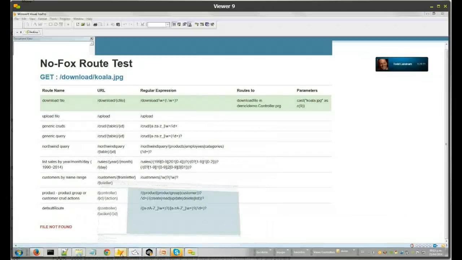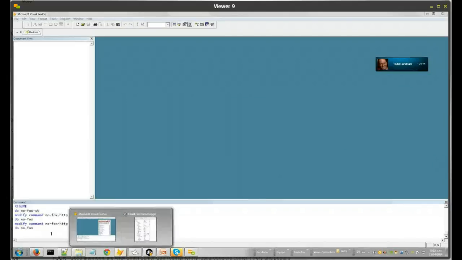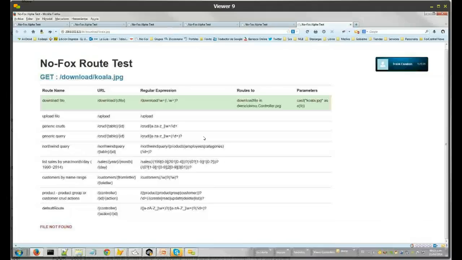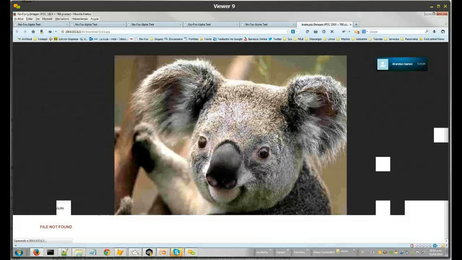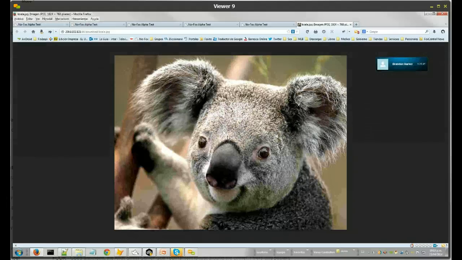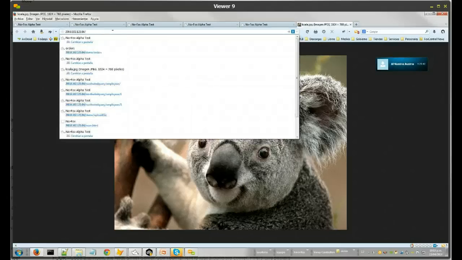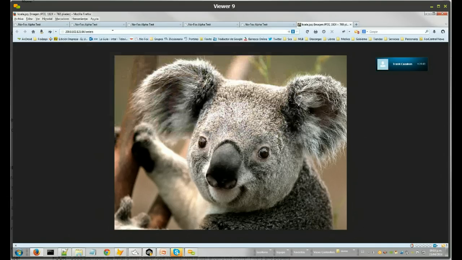Okay, routing now is disabled. So if I refresh, another cool thing that routing provides is RESTful or discoverable routing URLs. I don't know how it is pronounced. Discoverable. For example, if I type orders,